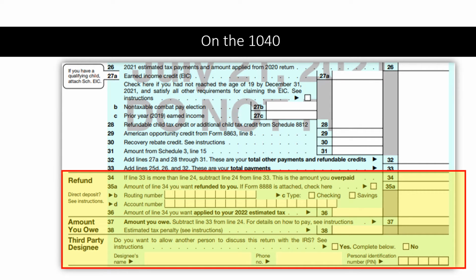We have made it through a lot of material. We learned about how to fill out the basic section where we're picking filing status and choosing dependents. We learned about bringing together all the sources of income. We learned about some adjustments to lower that income and how to calculate the adjusted gross income. And then from there, we learned about taking the standard deduction,